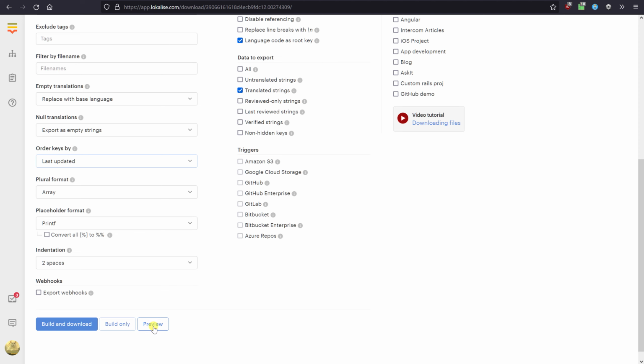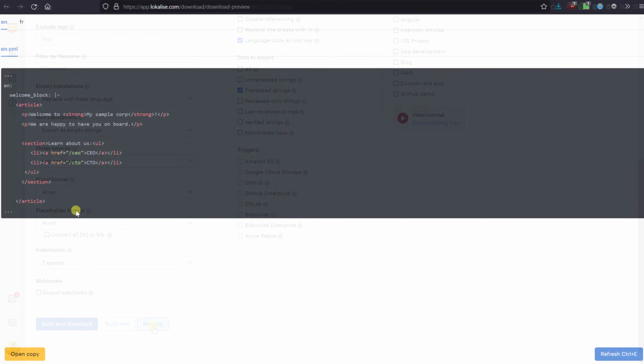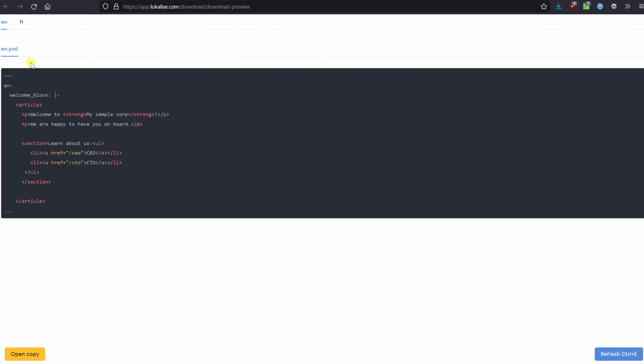Once you are ready, click Download or Preview. You'll see that upon exporting, the segments will be automatically merged into a single translation key. Great! Segmentation is a fairly complex feature, and it has certain edge cases. Therefore, let's discuss a few scenarios that you may encounter when updating segmented content.